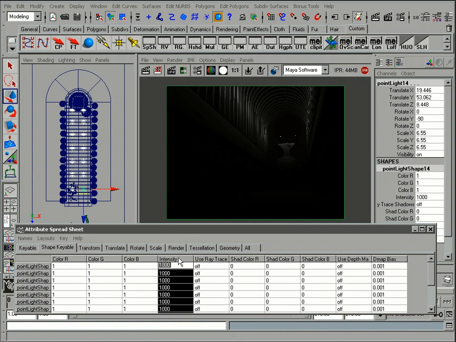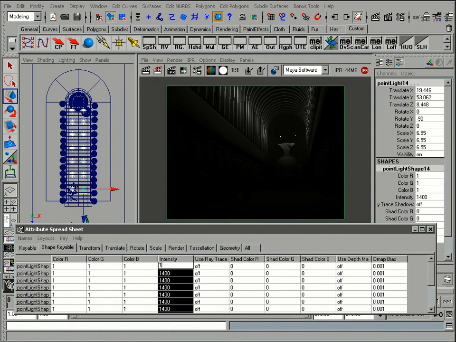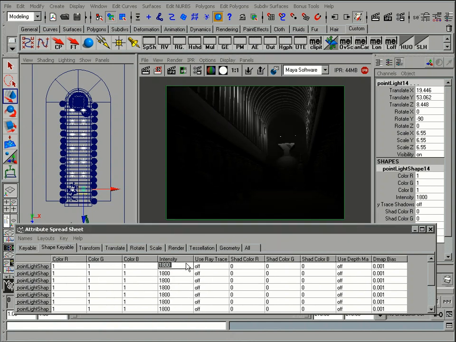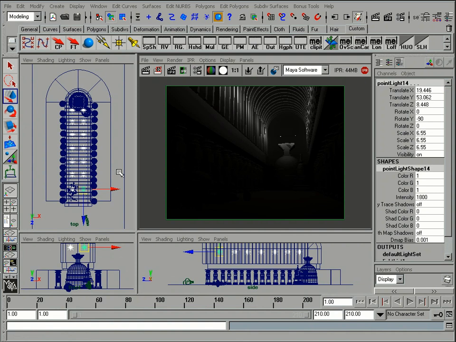But let's take this up even further. Let's go up to, say, 1400. And now we'll start to get somewhere. Let's go up a little bit higher. Okay, so now that I have that first